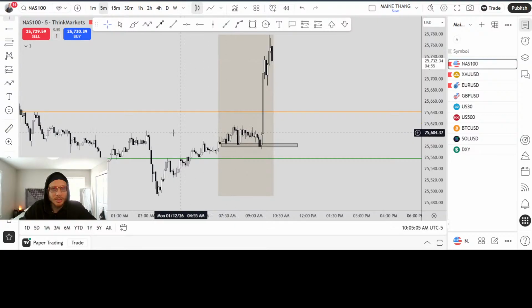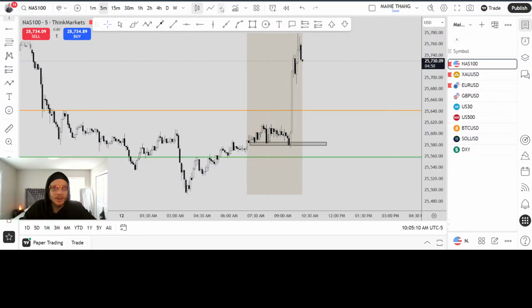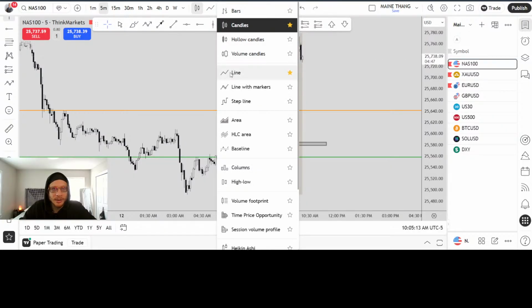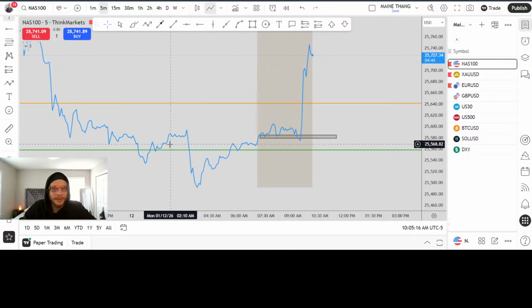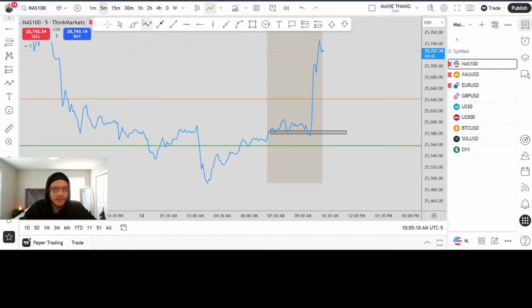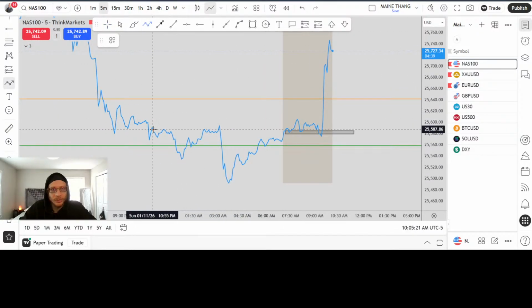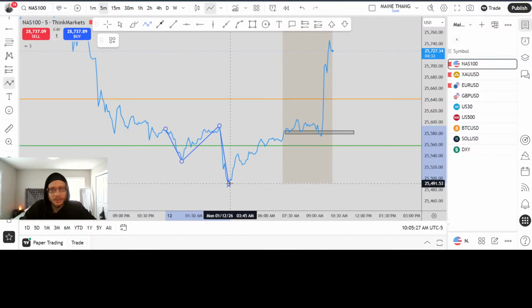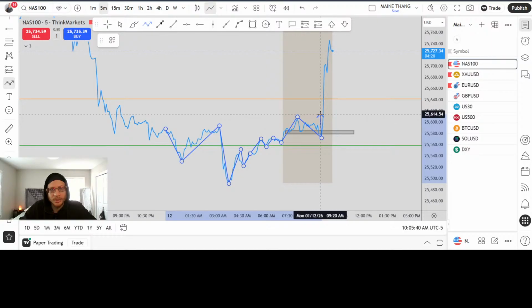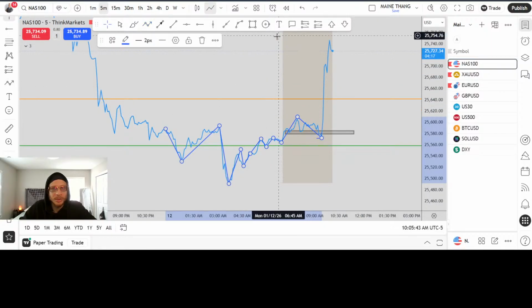I mean, technically it broke here. This was our last. And sometimes you can use the line chart too, y'all, to help you see these higher highs and higher lows. Like all this in between, you clearly see that high, that low. He's doing all this little stuff in between. Finally made a new high. They corrected back, higher low. So entry could have been here. Could have caught that on up a little bit, but